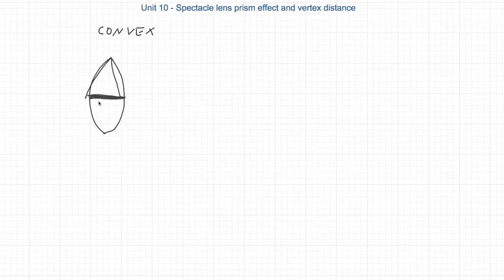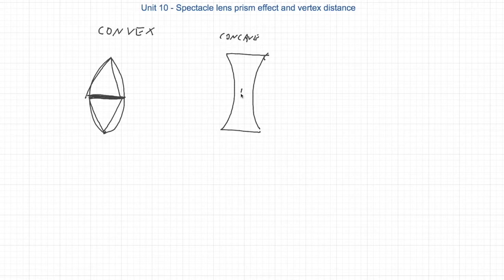Now you can think of a convex or plus lens, or a concave or minus lens, as actually being composed of two prisms. The plus lens has the two prisms' bases touching each other at the optical center of the lens, and the concave lens has two prisms having the apex of each prism touching each other at the optical center of the lens. Now, when you look through an eyeglass lens, if you're not looking through the center, or if the eyeglasses are constructed so that the center is not in front of your pupil,